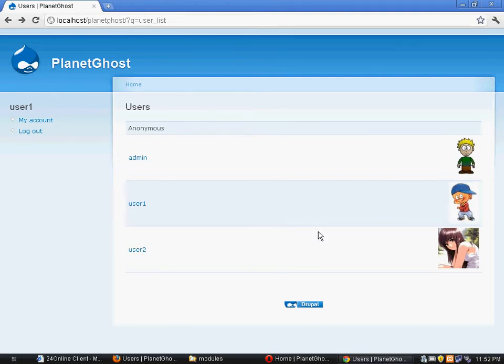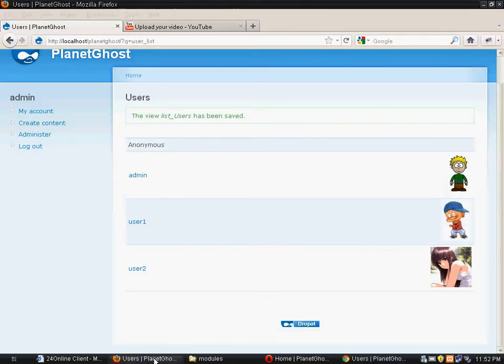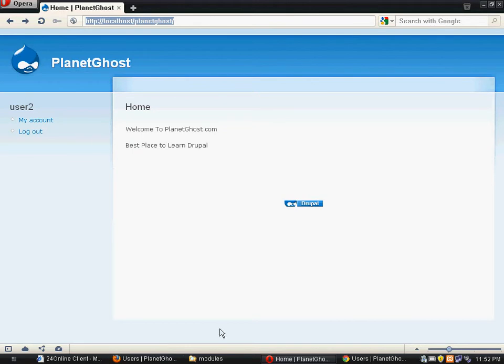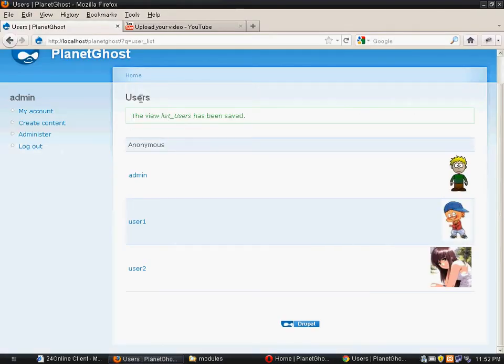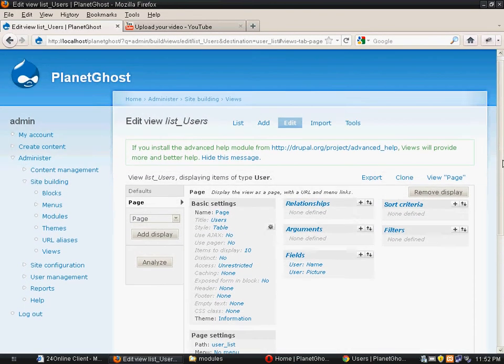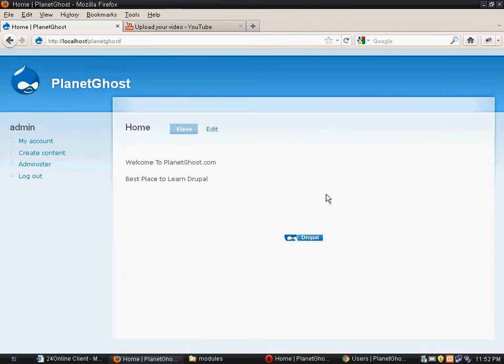We can add a search box if we expose the filter. Okay, we'll do that in the next tutorial.